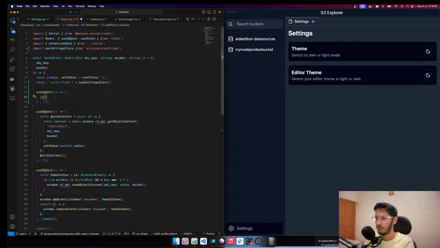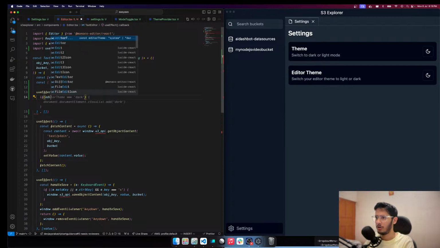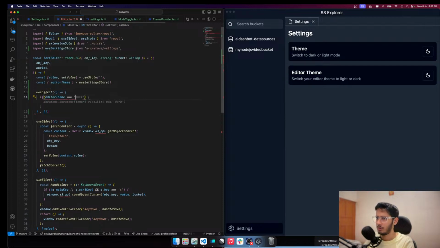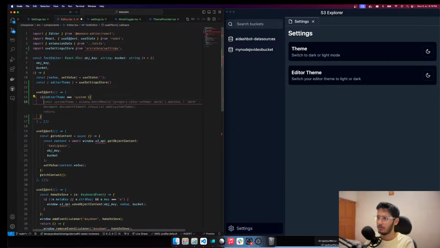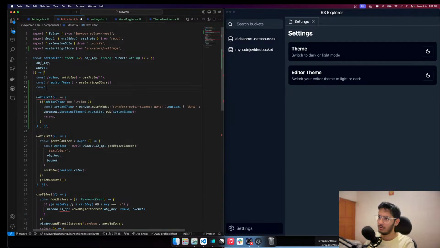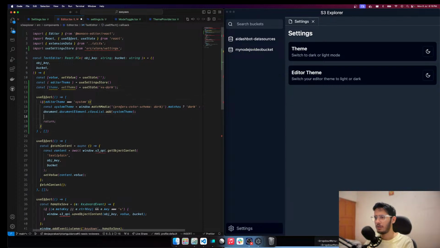We can just say if editor theme equal to system, right? If it is system, then probably do I want to do that? Yeah, I want to do that. Whatever system is theme is there. So I don't want to add a class list like theme light. No, that's not what we want. So light is like nothing. VS light or like VS dark. Let's have a dark as a default theme. So if it is enabled, we're gonna say,